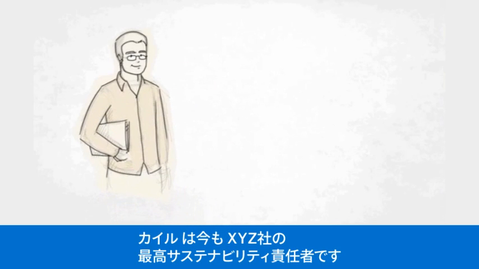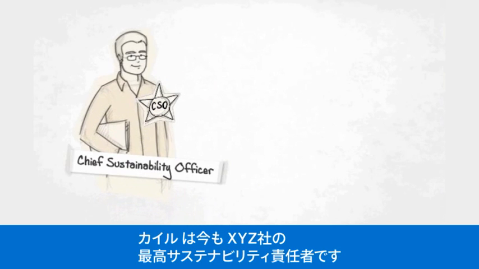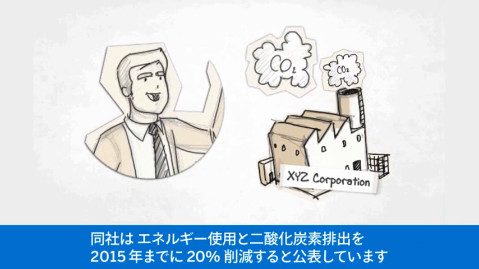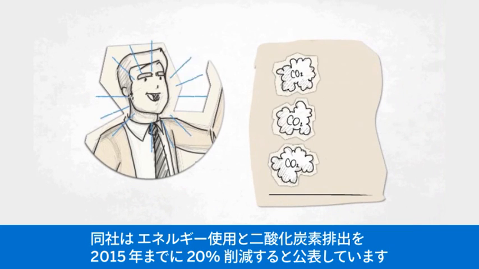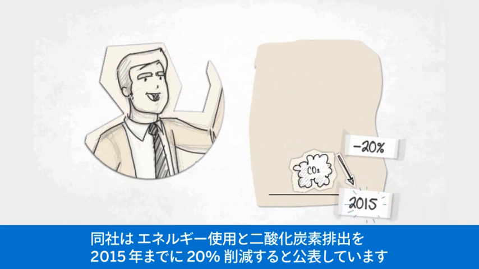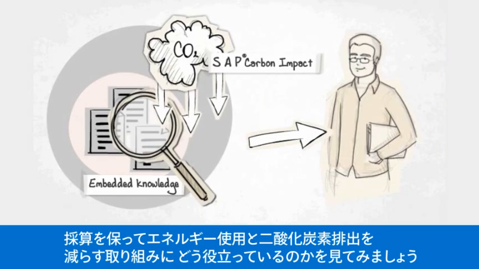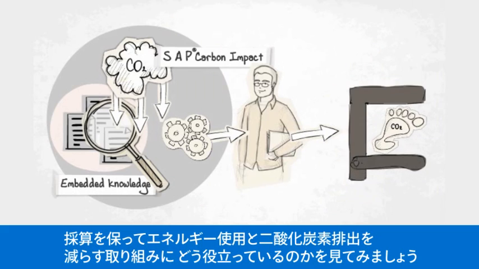Okay. Kyle is still Chief Sustainability Officer at XYZ Corporation, a company which has publicly committed to an energy and carbon reduction goal of 20% by 2015. Let's see how the embedded knowledge and best practices within SAP Carbon Impact helps Kyle profitably reduce his company's energy